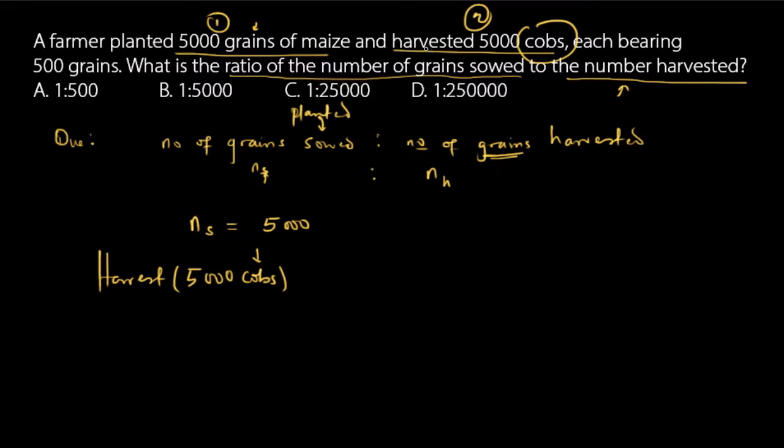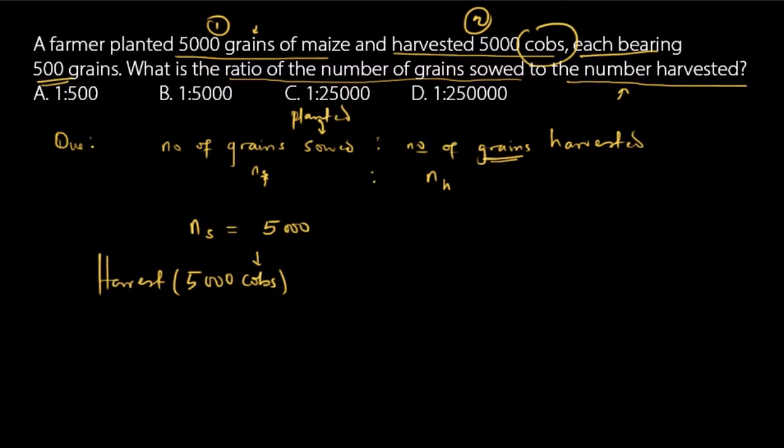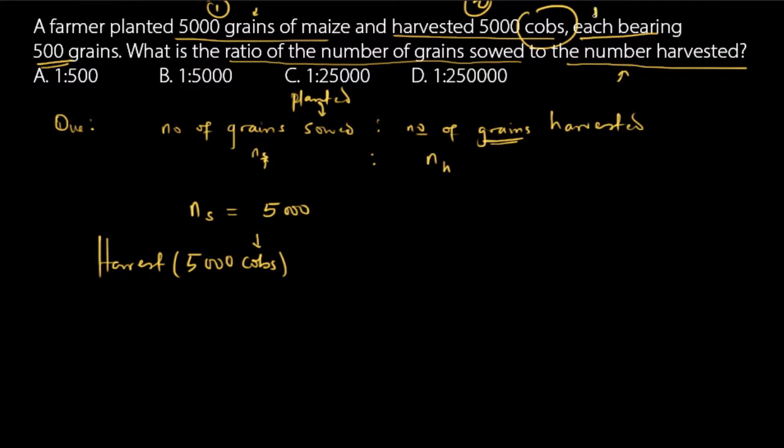We've been told that though he harvested 5,000 cobs, each of the cobs bears 500 grains. Now how do we interpret that? Each means one, so one cob bears 500 grains. So if one cob bears 500 grains and he harvested 5,000 cobs, how many grains would he have harvested in total? One cob is 500 grains, so 5,000 cobs